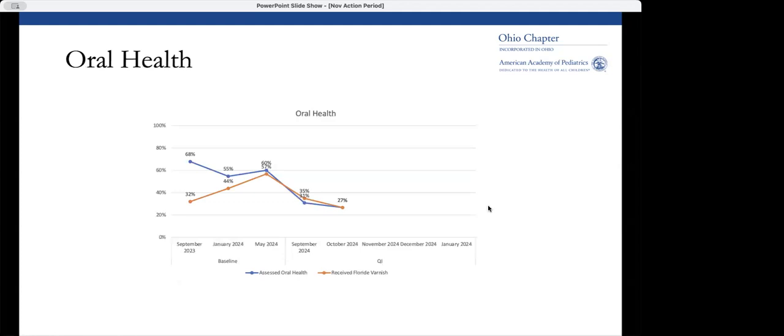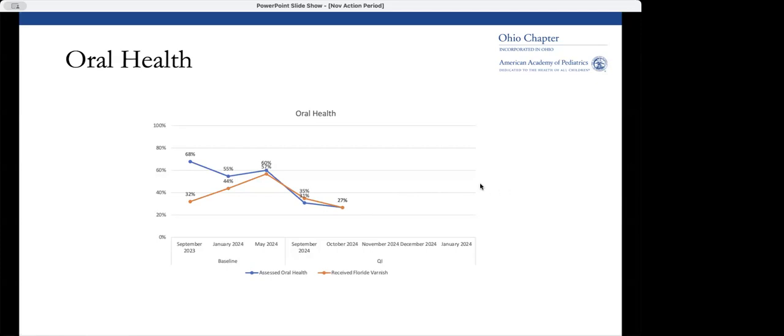Finally, we have the oral health screening. We do have oral health screening, and we have the receiving fluoride varnish. Not everyone that had their oral health assessed received the fluoride varnish, and some patients did receive the fluoride varnish but weren't assessed for oral health. So these two don't have to be assessed to receive the fluoride varnish, which I'm sure you already know because you're the ones that are submitting the data. But in some months I did see higher numbers of patients that received the fluoride varnish than were assessed for oral health. So that's something to consider when looking at these